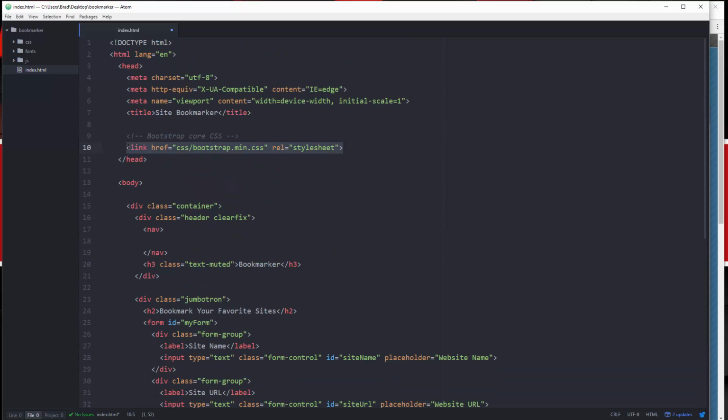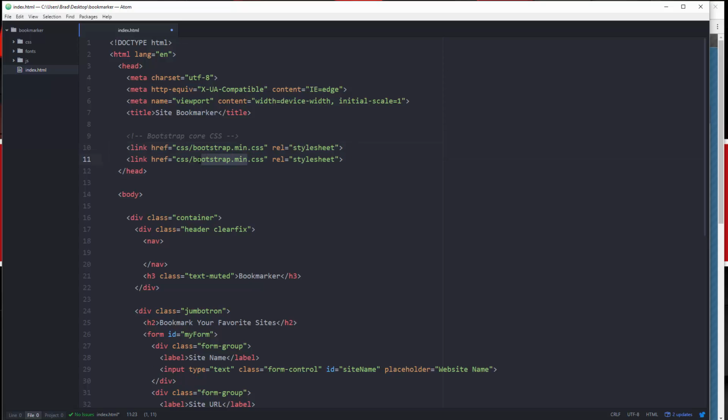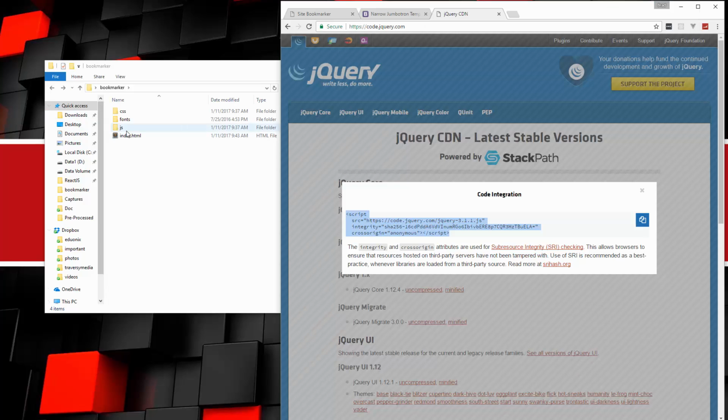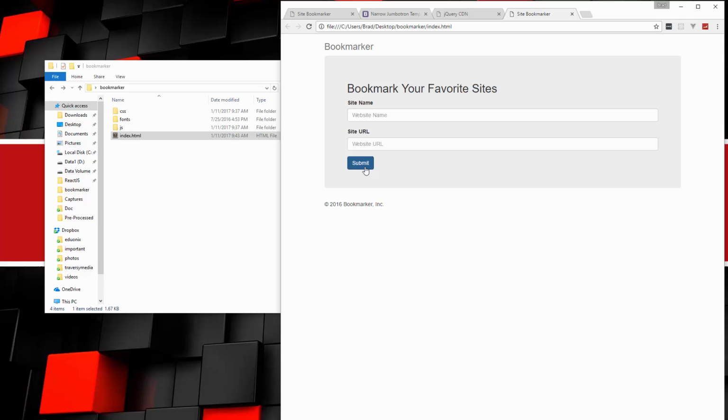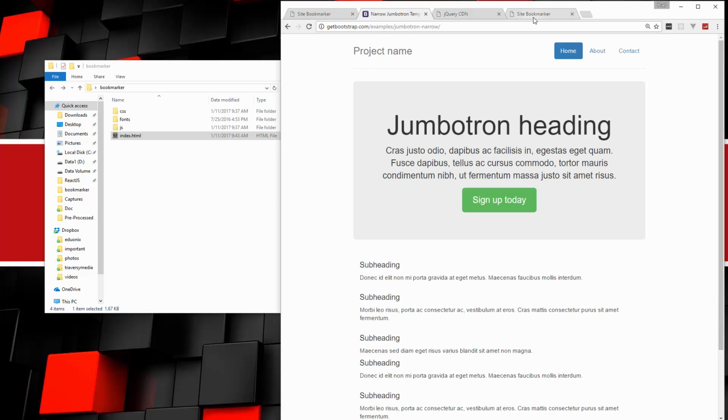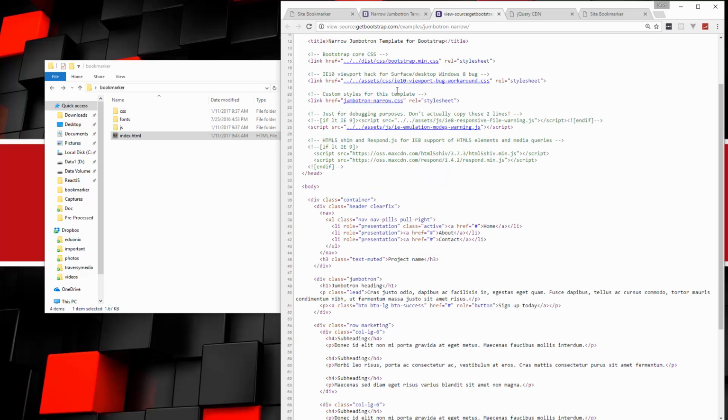All we need is to include our style sheet that we're going to create. So under the Bootstrap style sheet, let's put in style.css. Alright, so we'll save that. Now if we were to open this up in Chrome, it should look like this. Now notice that it's not formatted exactly like this is. That's because this actually uses an extra style sheet. So again, let's do a Control U, and you'll see there's a file called